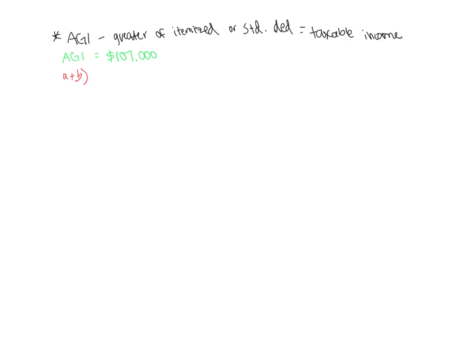So for letters A and B together, Shauna is allowed to deduct $3,529. And the way we get to that